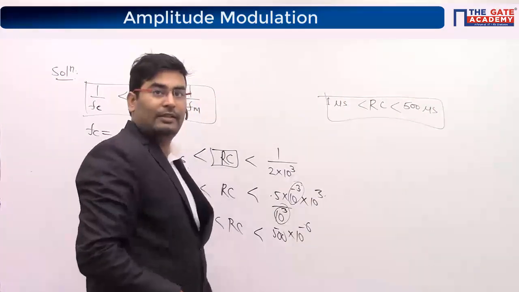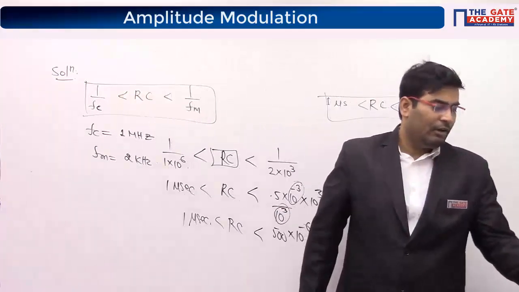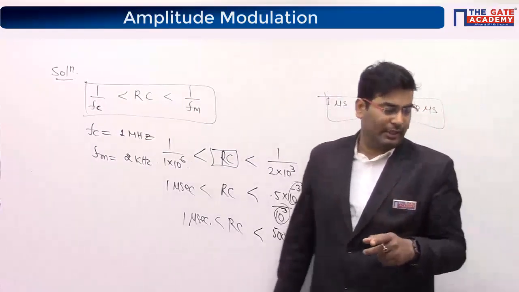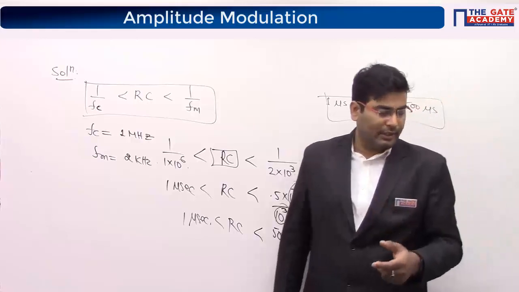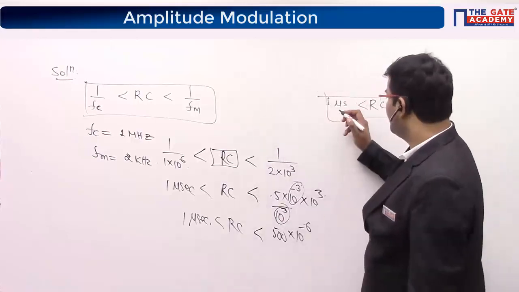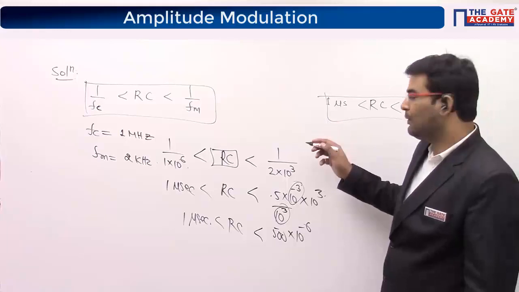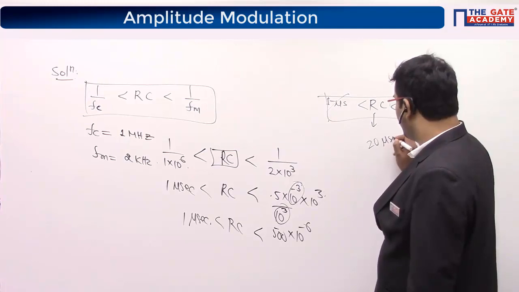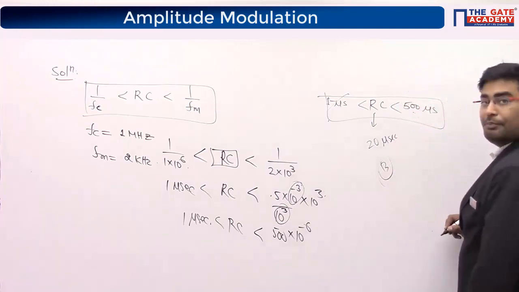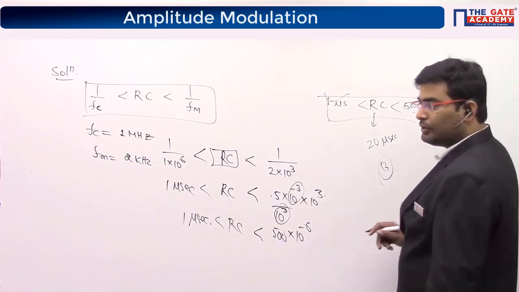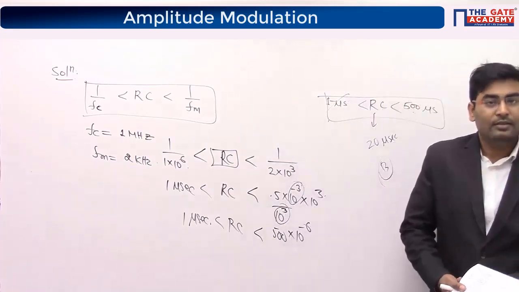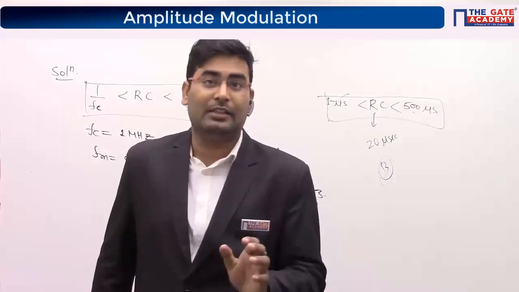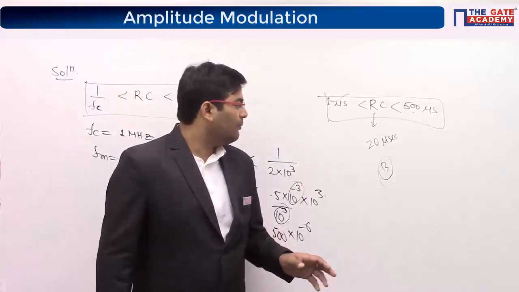If you look at the options, option A says 500 microsecond, that is the upper bound. You cannot take 500 microsecond, indeed. Option B says 20 microsecond, option C says 0.2, option D says 1 microsecond. So these you can't use. What is in between? It is 20 microsecond. So the answer is option B. Clear? Easy question. It is easy when you recall that the envelope detector discharging time constant has a certain condition. If you can't recall, this question would not have been done.